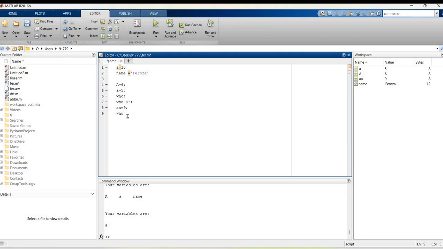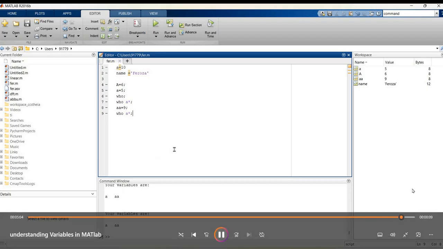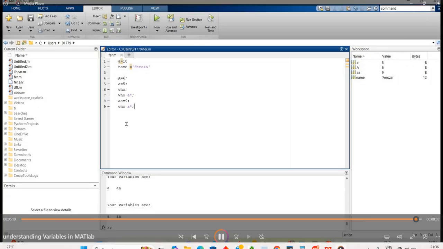I want to know how many variables are starting with the letter small a. So write a star, then semicolon, save and run. It will show two variables starting with small a. This is how you get to know how many variables start with that particular letter, or if you want to know how many variables there are, you can display them here.